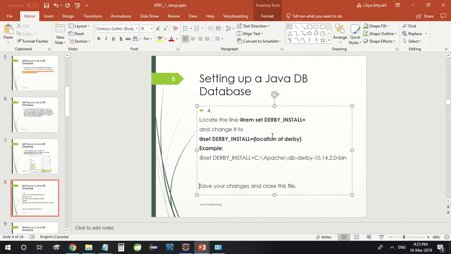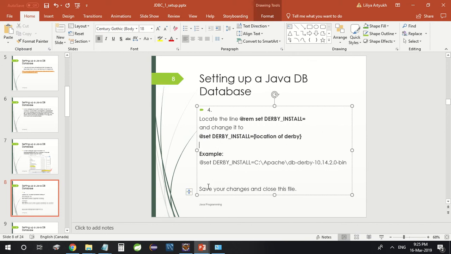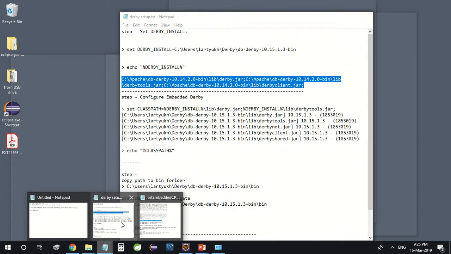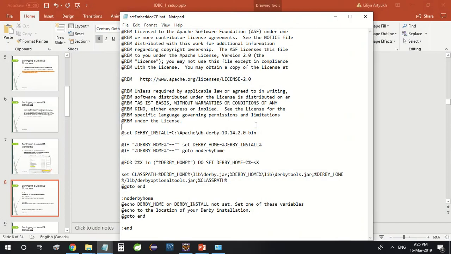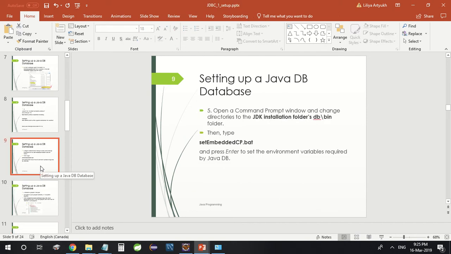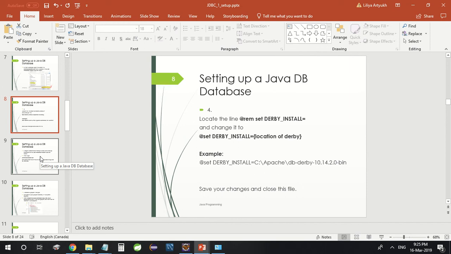After that, save the changes and close the file. Okay, so I'll say save and I can close the file. So not only do you need to change that, you also need to change